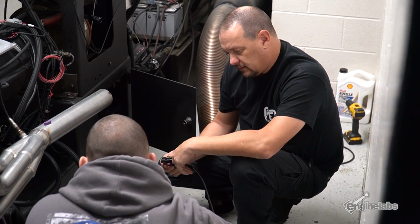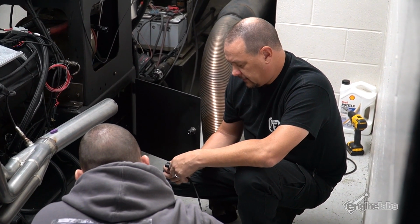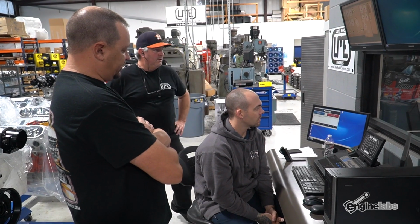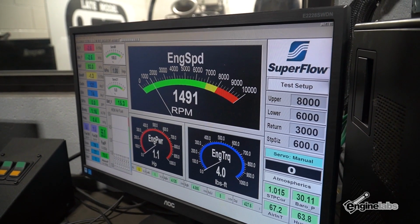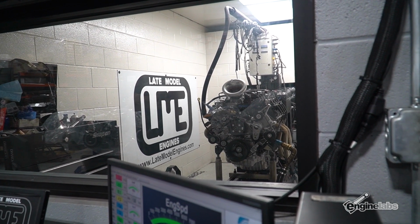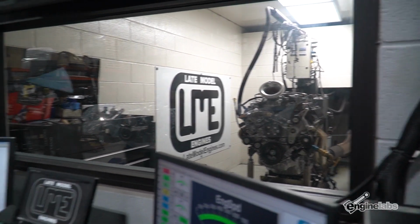The first step on this engine giveaway process is to dyno the engine naturally aspirated and run this thing just in a bone stock configuration and see how much horsepower and torque it makes, check out the RPM range, and just baseline this particular crate engine. Next step, we're going to take it apart, do our machine work to it, balance blueprint the engine,